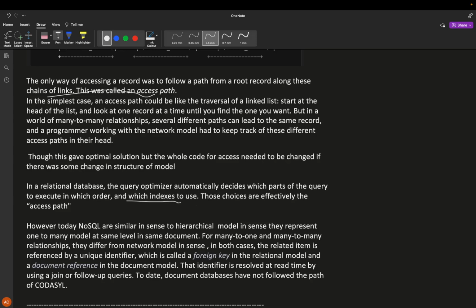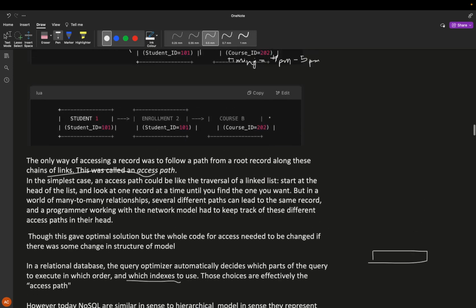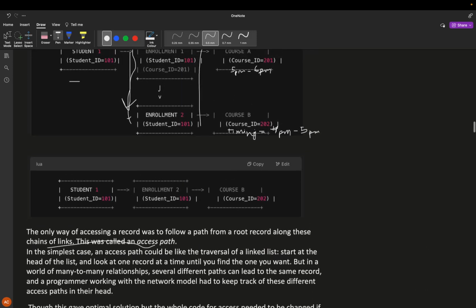So those choices are effectively the access path. So what SQL provided us was that it by default knows which indexes to use, right? If there was an index or if there was a tree made on this, if there was a structure which would have helped me to get this path more easily,